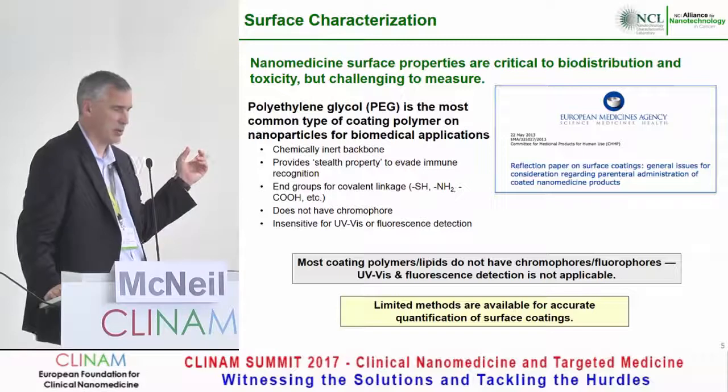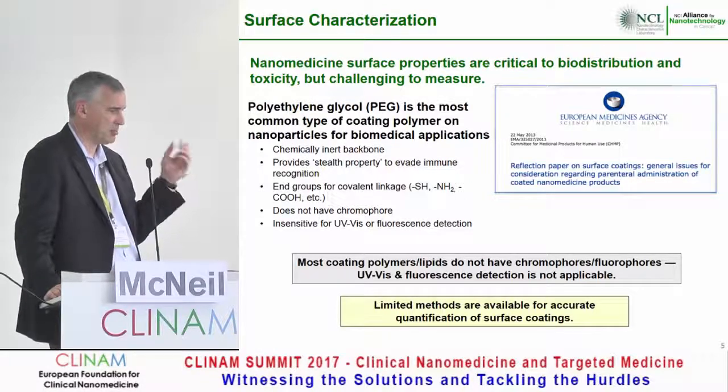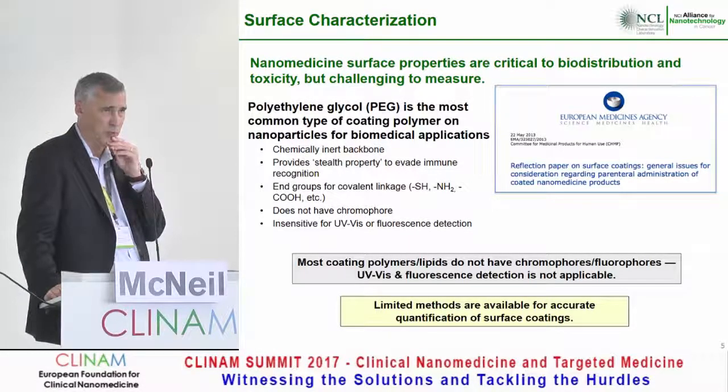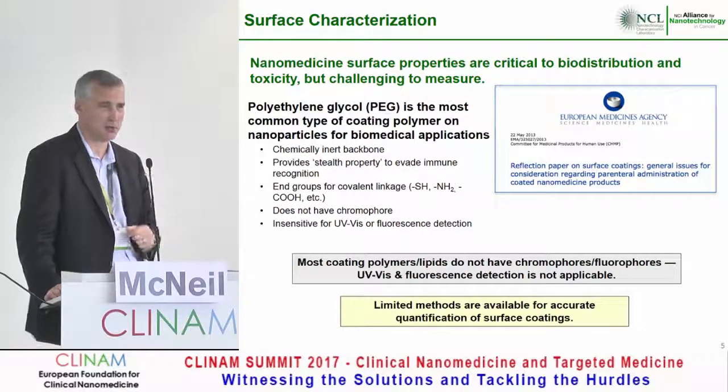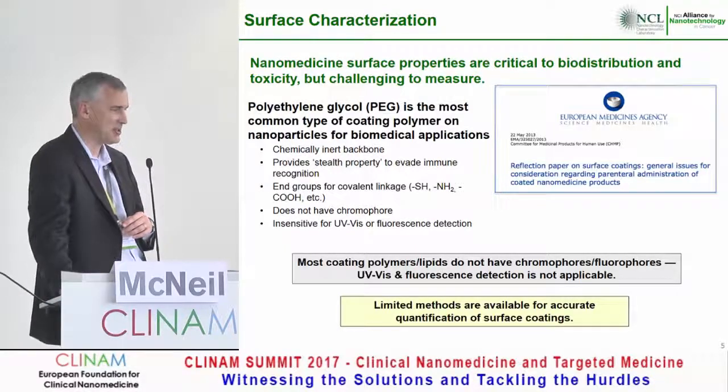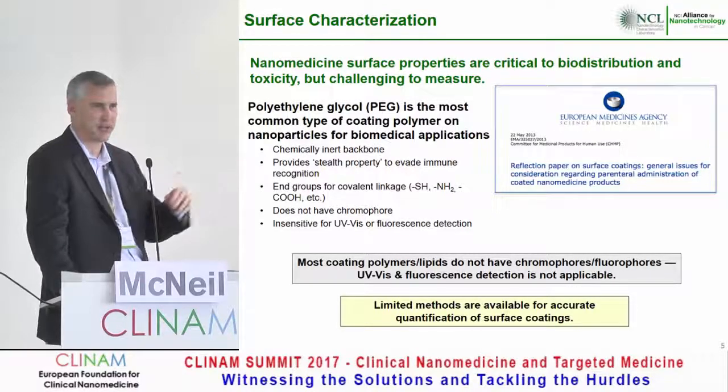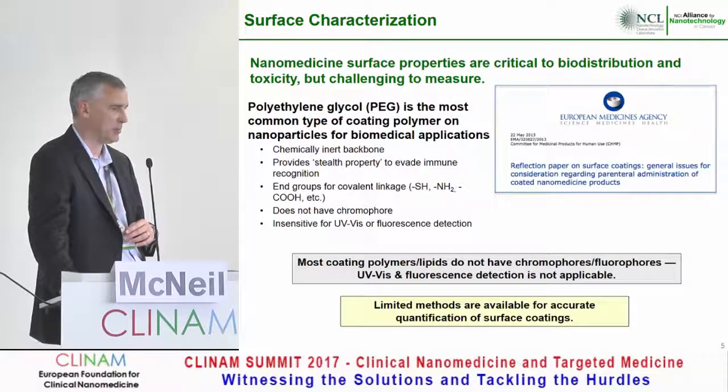And there's quite a number of methods available for surface coating if you can strip the surface coating off. If you have a gold particle, it's very easy. If you have something like a liposome, then it becomes more complicated. There are methods available to you. Any method that we have is on our website. Feel free to access it and use it as you see fit and modify it as long as you can